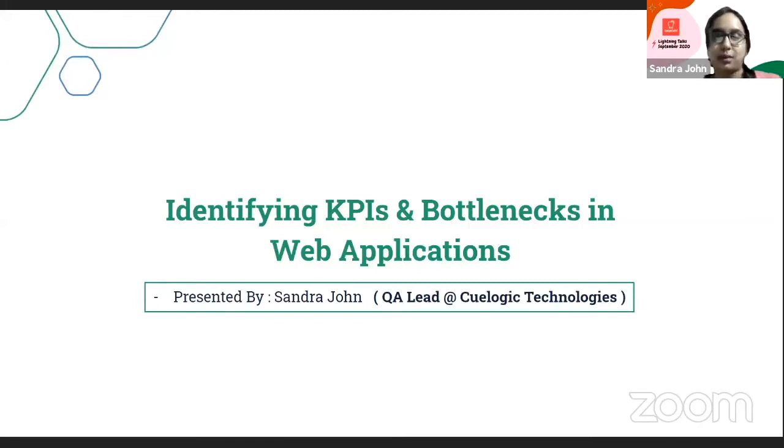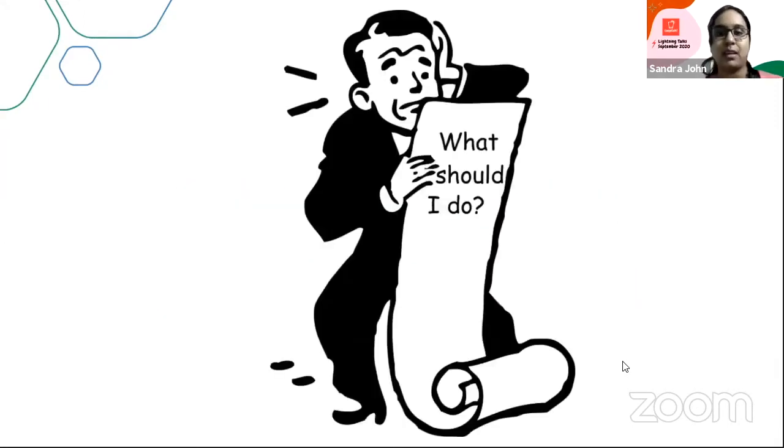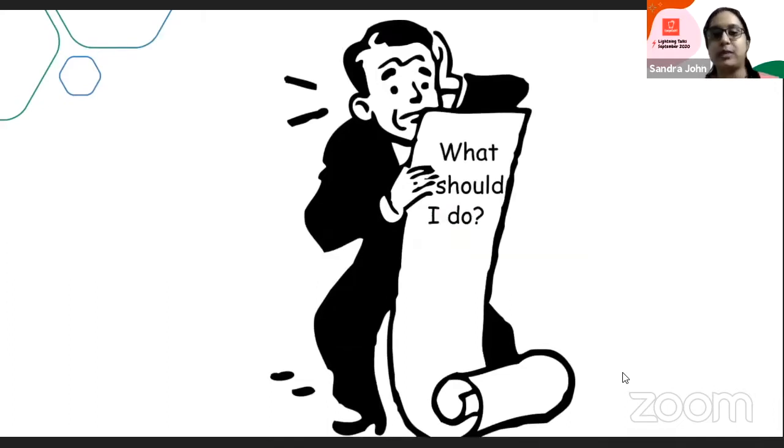So today I would be speaking about identifying KPIs and bottlenecks in web applications. This is how we look when terms like KPIs and bottlenecks are thrown at us. Being from the testing department, we are expected to be familiar with them, but at times are caught by surprise. Understanding the impacts of these terms on the web application that we work on is crucial to the quality we claim applications to have. Knowing about these values helps us understand the performance related quality of the application that we are working on.